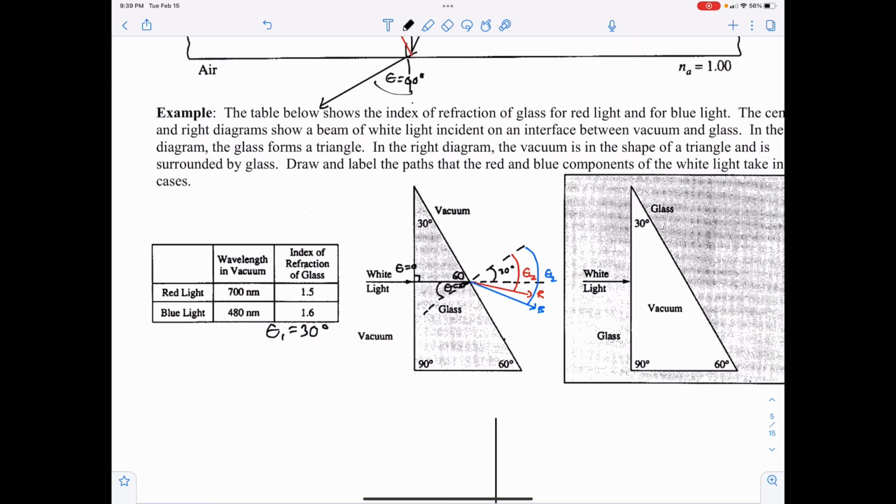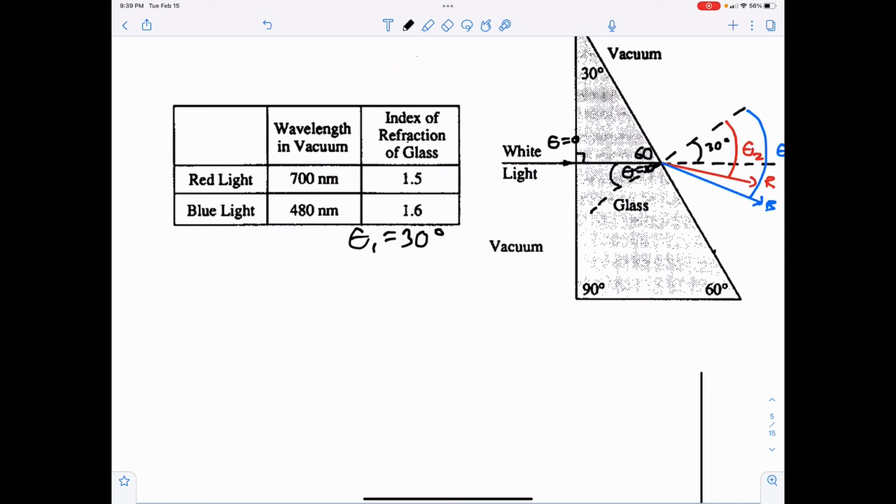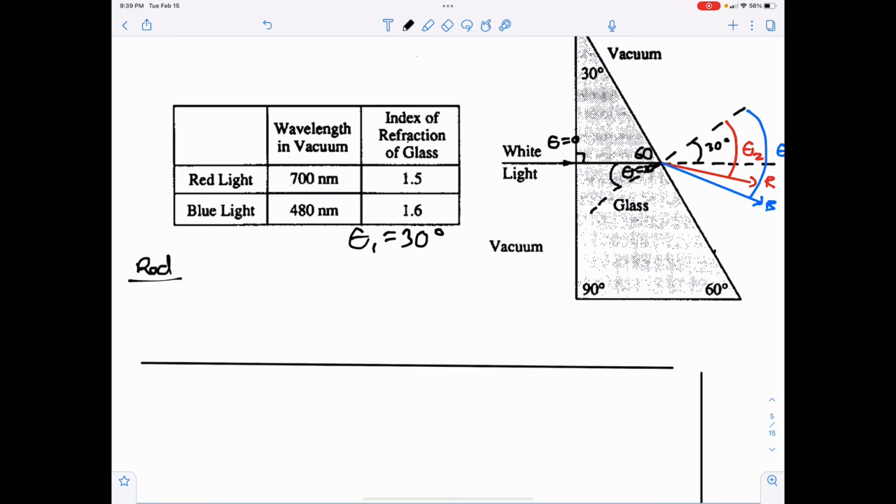All right, so here's how we're going to break this down. I'm going to split this in two. Okay, we've got the red and you've got the blue. Let's quantify this and see. So in both cases, we have n1 sine theta 1 equals n2 sine theta 2. You're solving for theta 2. So sine theta 2 is equal to n1 sine theta 1 over n2,